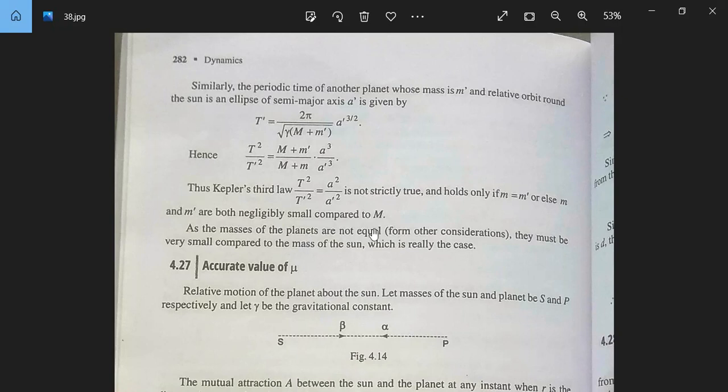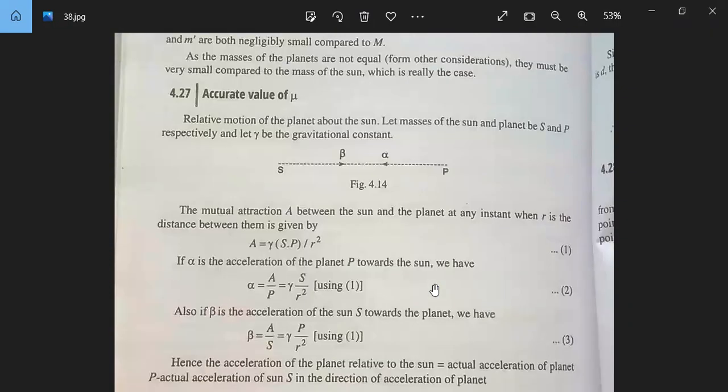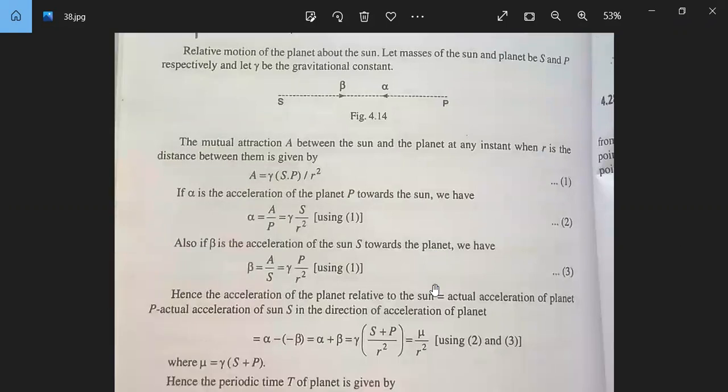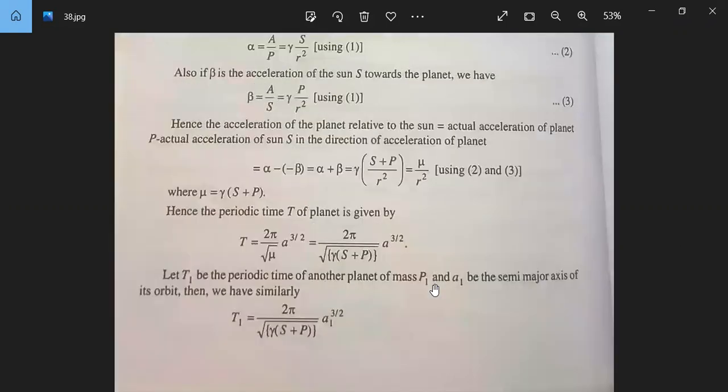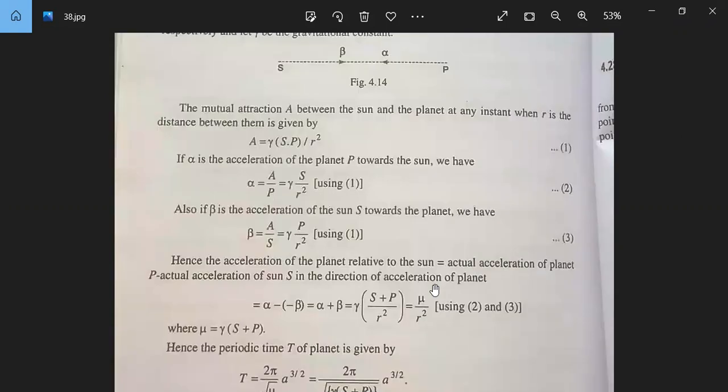As the masses of the planets are not equal, लेकिन प्लैनेट के मासेस आर इक्वल नहीं है, they must be very small compared to the mass of the sun. सन के मास के कंपैरिजन में वे बहुत कम होते हैं, which is really the case. ये ऐसा होता भी है, इसीलिए हम लोग इसको ले लेते हैं कि ट्रू है. नेक्स्ट, हमारे पास है एक्यूरेट वैल्यू ऑफ म्यू निकाला गया, इसको भी देख लें तो जल्दी से हो जाएगा।